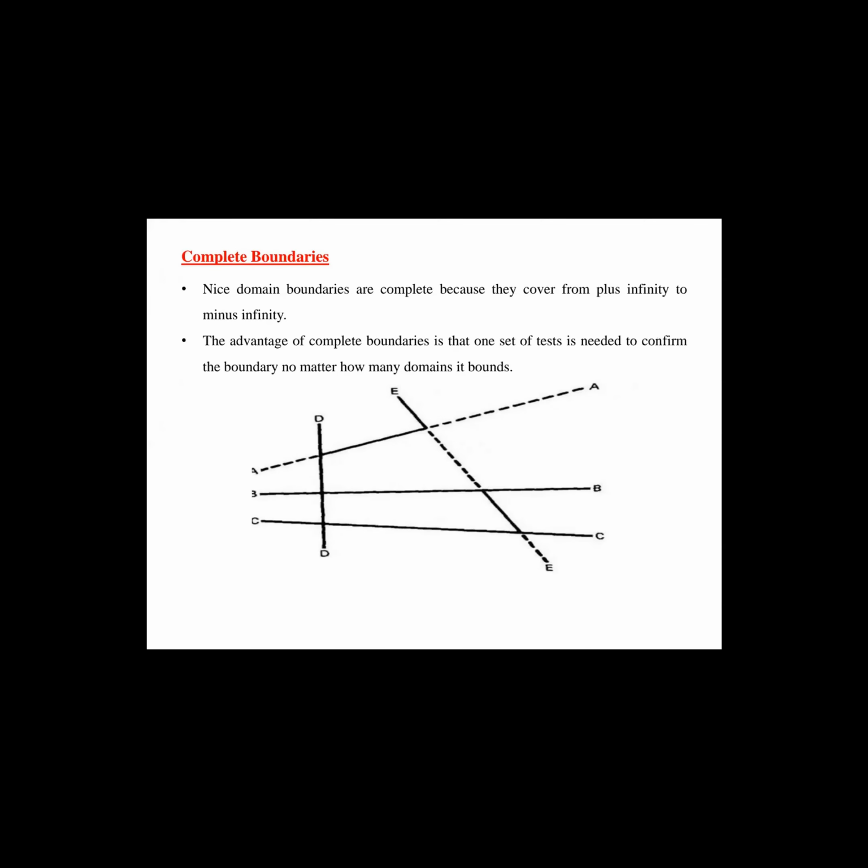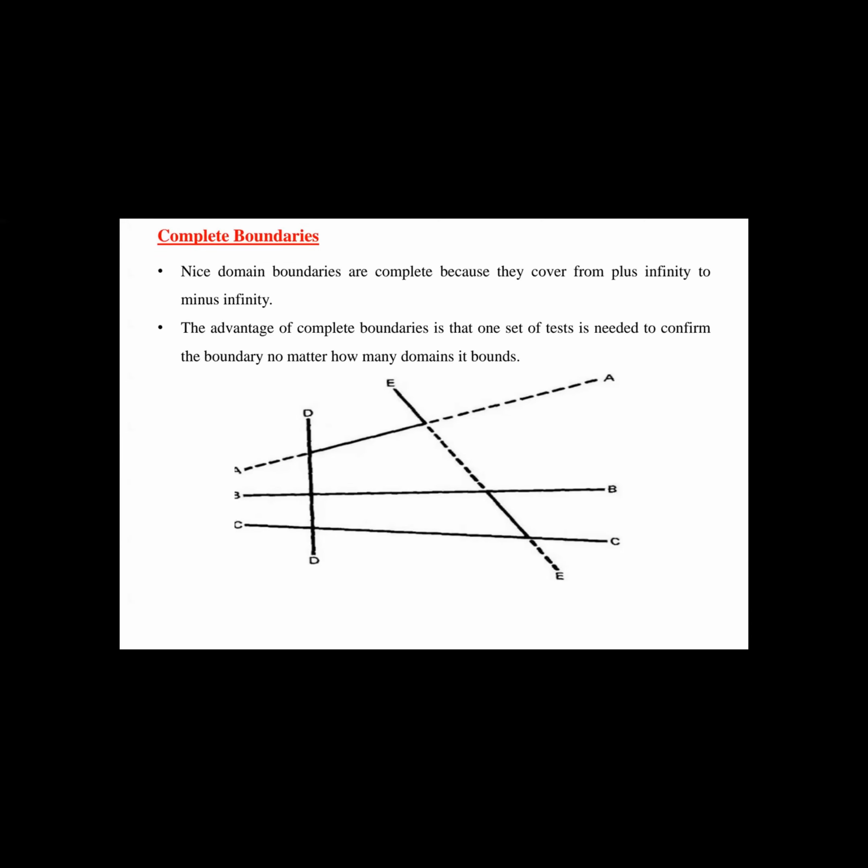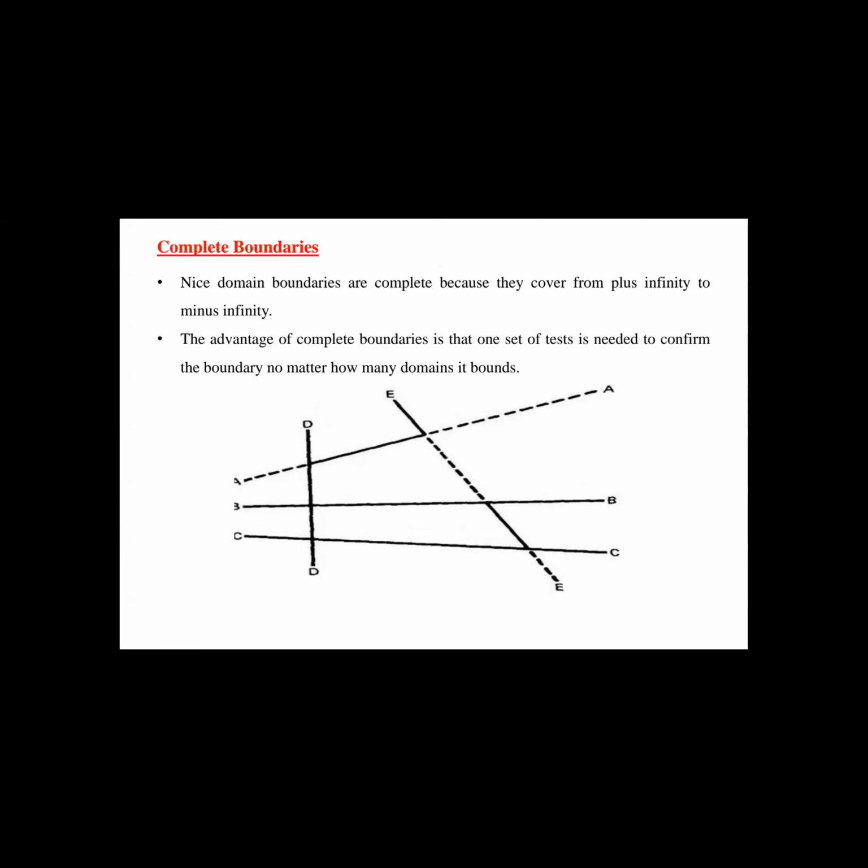The third property comes to the complete boundary. Listen carefully when I explain the topic, because it will be very complicated if you are not listening to the class carefully. If you listen carefully, it will be easy while you are learning. Complete boundary means the boundary should be complete. It should not have any gaps when you are defining the boundary.